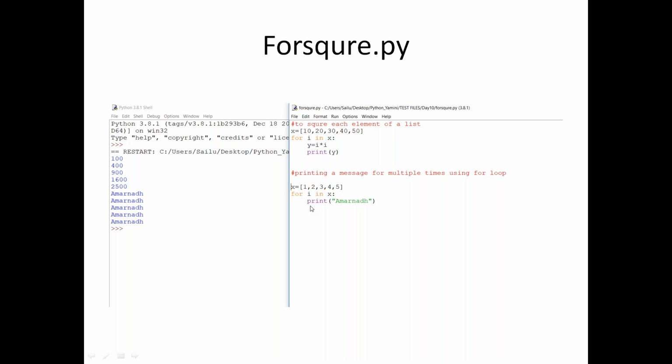It's not always that I need to take the values and display the same values. The values are going to be used for iteration purposes. So you can display different information, or you can execute a different program itself. I have the values from 1 to 5, and I'm going to iterate from 1 to 5, and I'm displaying Amarnath 5 times. So you can see Amarnath 5 times. There is no relation between your values and the execution of the code. Still, I'm executing 5 times because I can do the for iteration 5 times.